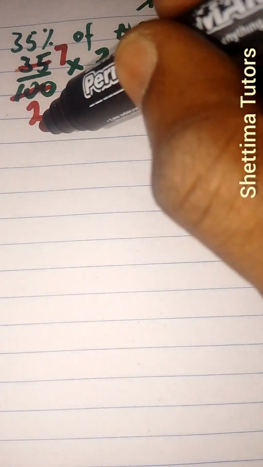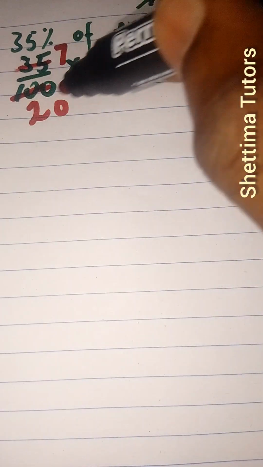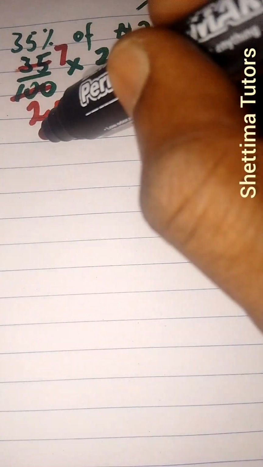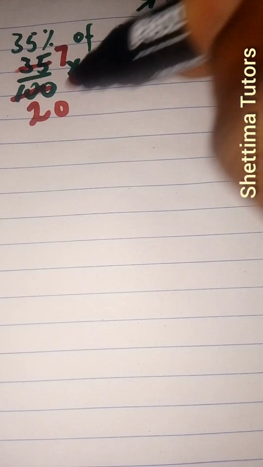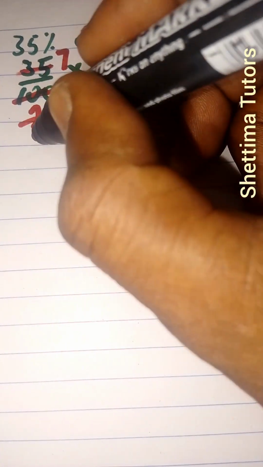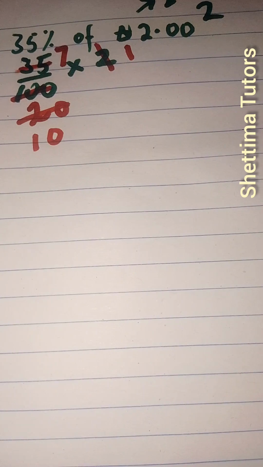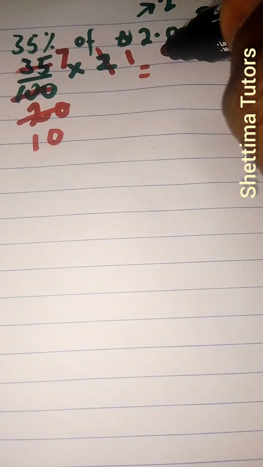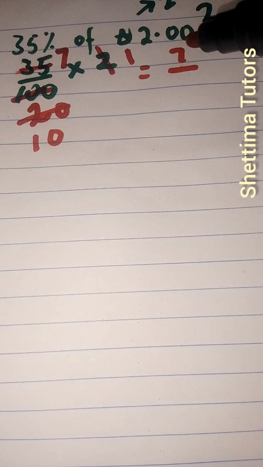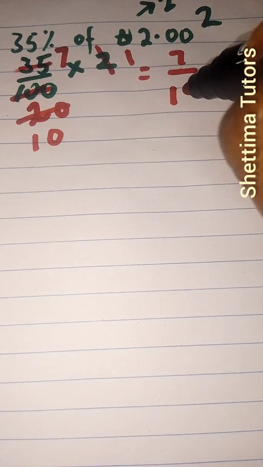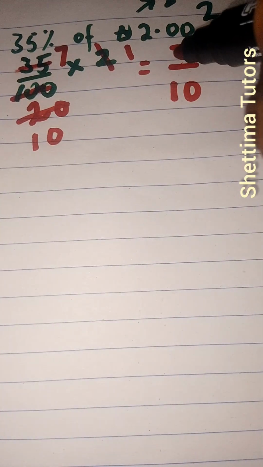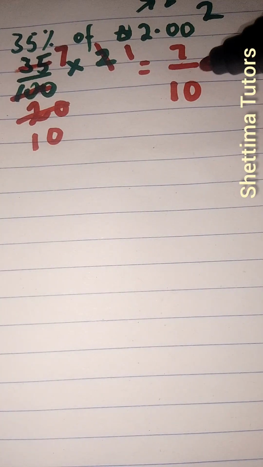So 7 can no longer have anything in common with 20. You look at the other side. This is 2 and 20. Of course, something can go. You have 2, you have 20. So 2 into 2 is 1, 2 into 20 is 10. So what you're left with at the numerator is 7 times 1, 7, all over the denominator, 10. Now remember that 7 over 10 can be written as